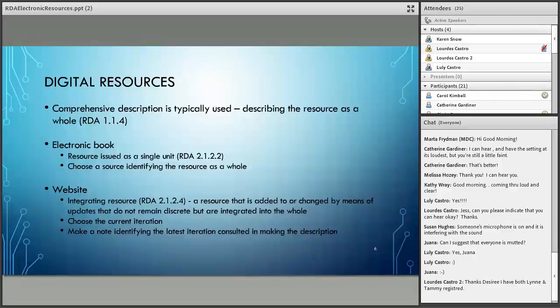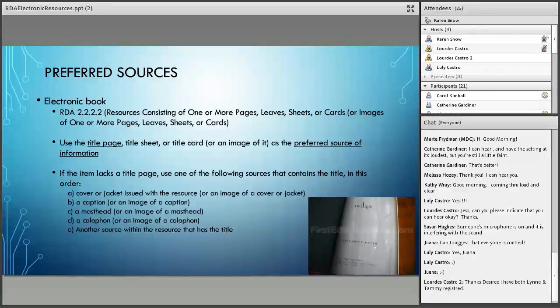Okay, so starting with the electronic book, let's look at preferred sources of information. If you are familiar with AACR2, much of what is said in RDA is very similar, so this shouldn't be completely out of the blue. At RDA 2.2.2.2, it says you want to use the title page, like we usually always do with books.